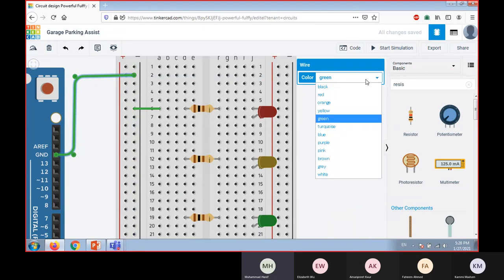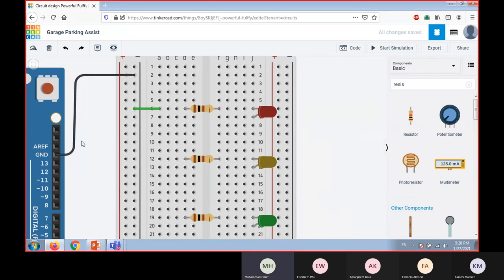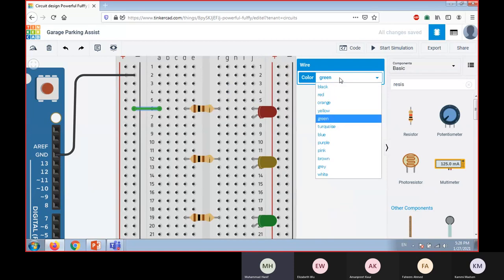So I can use, say, a black color to represent the ground. Basically, I have connected the ground with this negative rail, and then this negative rail is connected to one terminal of the resistance. And I can also use black color here. So this resistance is connected to the ground, and the other terminal of the resistance is connected to the cathode of the